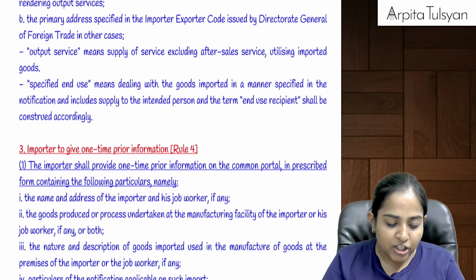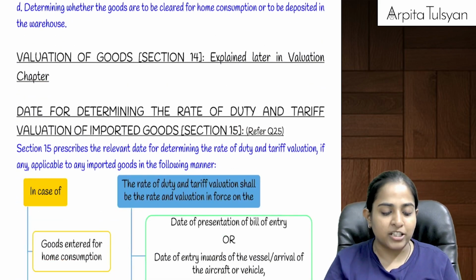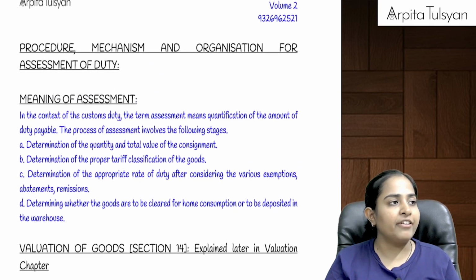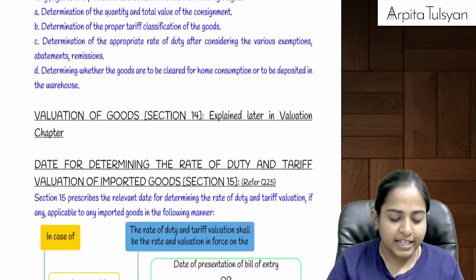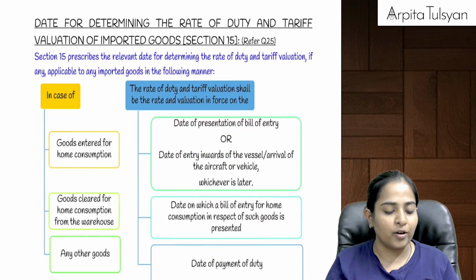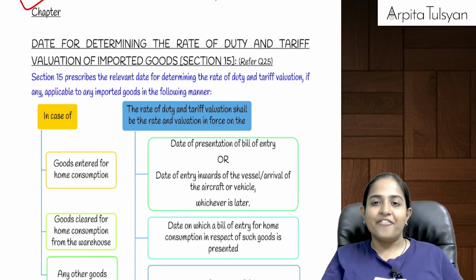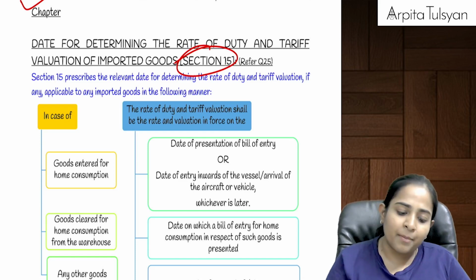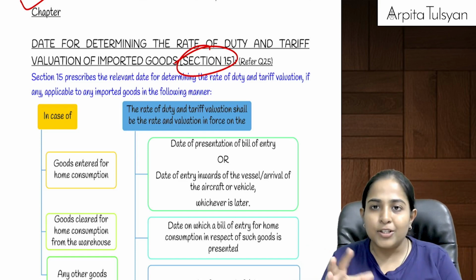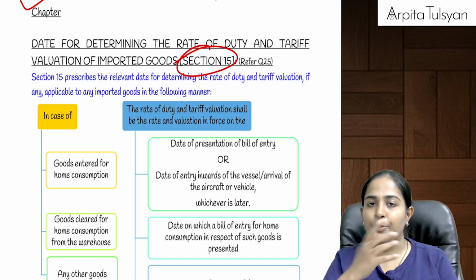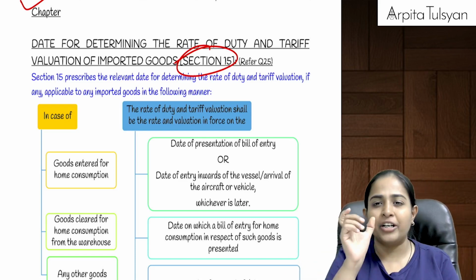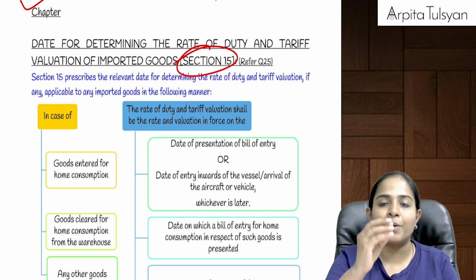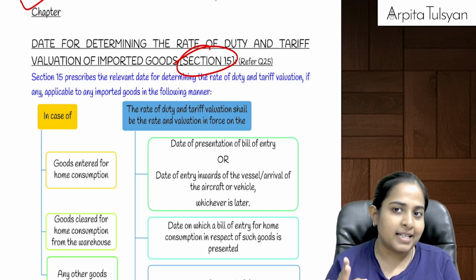Okay, then after section number 21 I am going on to the next part, that is section number 14 and 15. Everyone here? Section number 14 actually talks about valuation of the goods, for which we are going to do the entire chapter, that is the valuation chapter. Section number 15 says that customs duty can change from one day to another, and government can bring those changes. So they are telling which date's rate of customs duty we are going to consider for the purpose of doing the calculations, valuation, assessment and all those things.